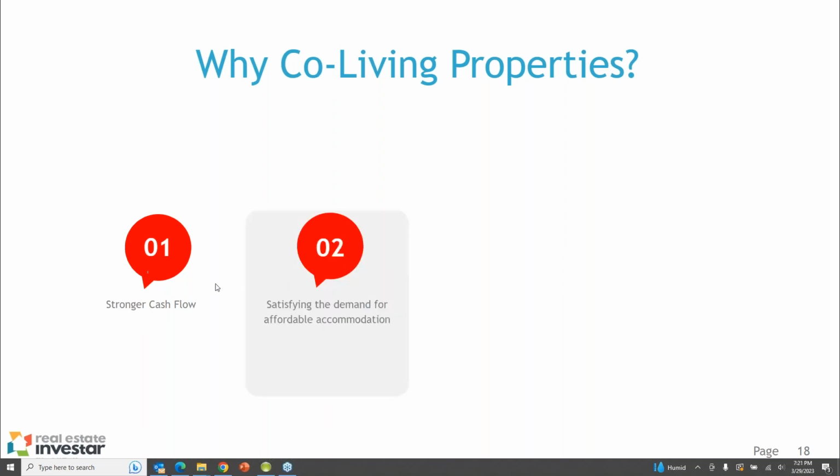Satisfying the demand for affordable accommodation, as I mentioned, a lot of people are really struggling. They simply can't afford a unit or a house. Again, if we're looking at the Southeast Queensland market, it's very, very strong, with lots of competition and multiple applications on most properties for rent. The property manager's role is to take those applications and give the owner or the investor the best advice. And obviously a higher income on the application gives that more security.